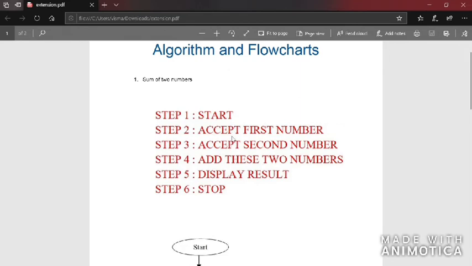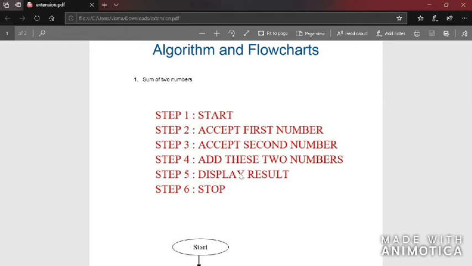So the algorithm, the main definition is it's the step-by-step procedure to solve the problem. So how you write the algorithm is not important. What is important is the way you solve the problem. So here, as I said, you can write it together, and step 4, step 5 also, you can just put in the same line saying find the sum and then print the result. It's totally up to you what to write.